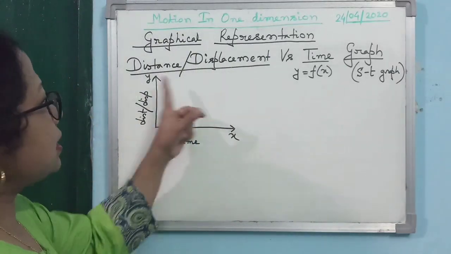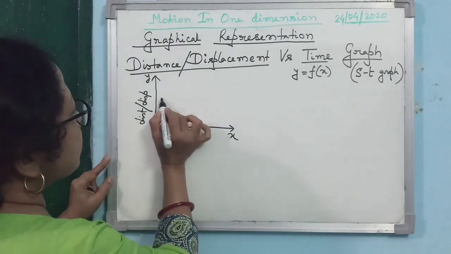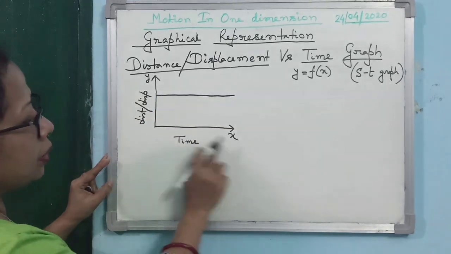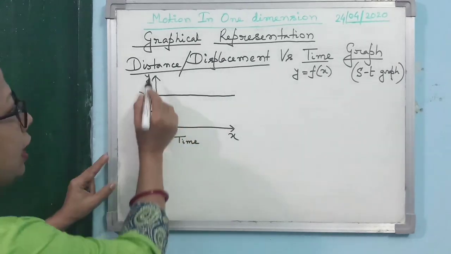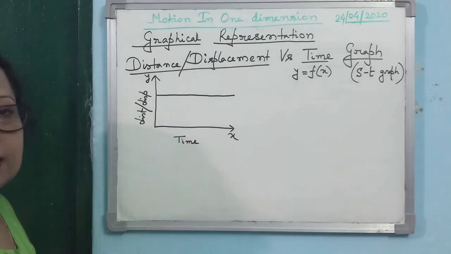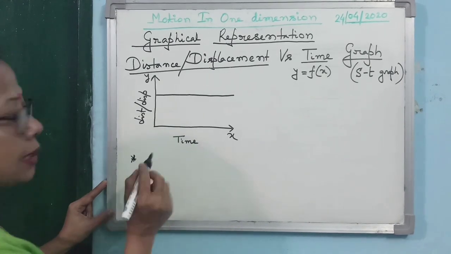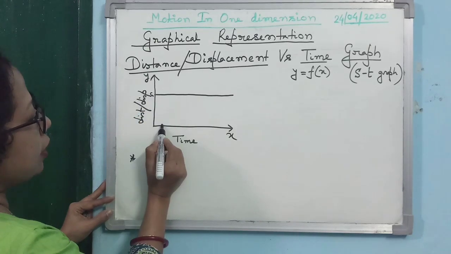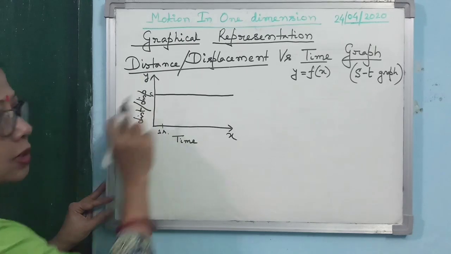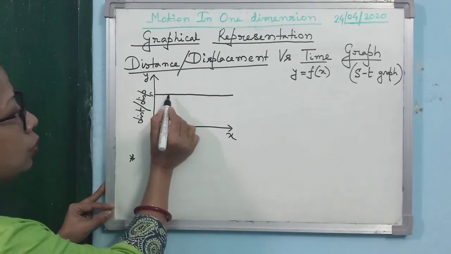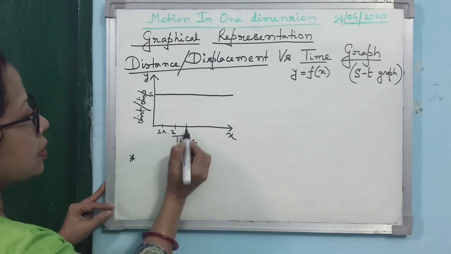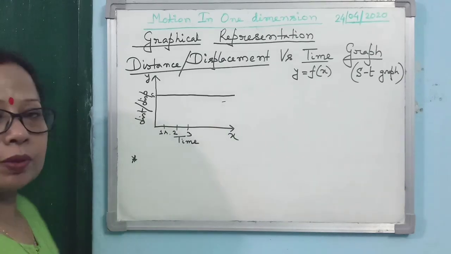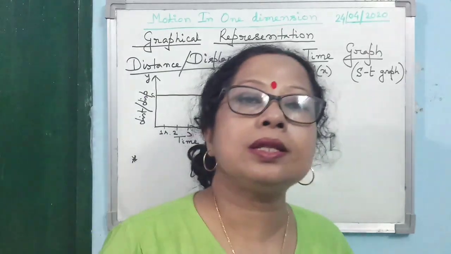Now, distance, displacement versus time graph. The first kind of graph is like this. It is a straight line parallel to the time axis. So, if the distance versus displacement graph is like this, then what does it represent? Just try to understand it. Let us consider this is 5 meter. When time is 1 second, distance is also 5 meter. When time is 2, also 5 meter. Time is 3, how much is the distance? 5 meter. Means time is increasing but the distance or displacement of the body remains the same.